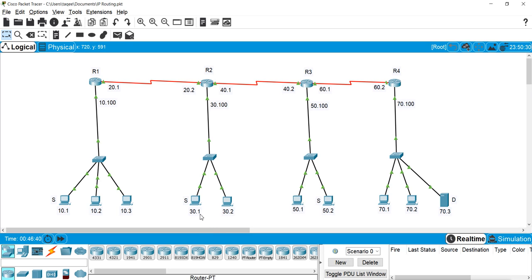But the problem was, we can add the new entry, but the entry goes to the bottom of the list. Now in this case, it can be a problem. Let me show you that. So I'll go to the router here,